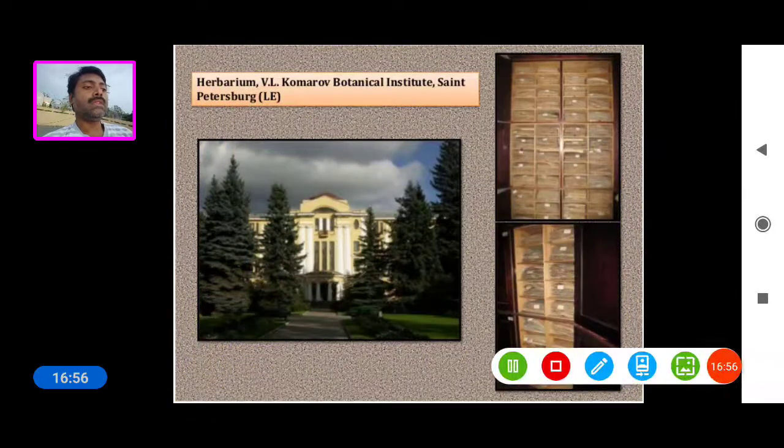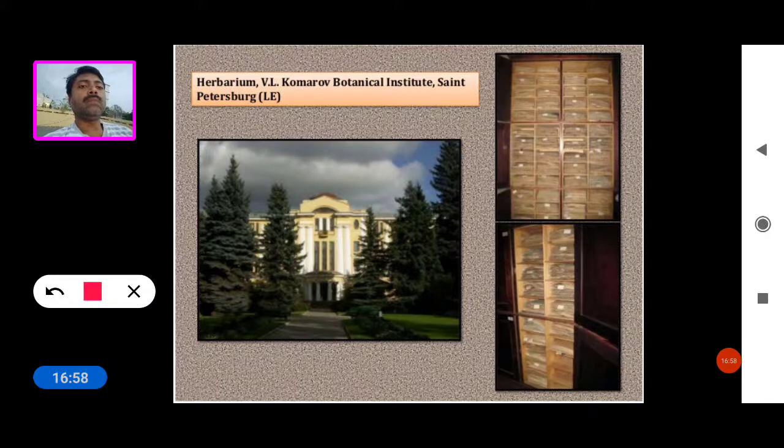And next one we see the Herbarium of the VL Komarov Botanical Institute, located at St. Petersburg.